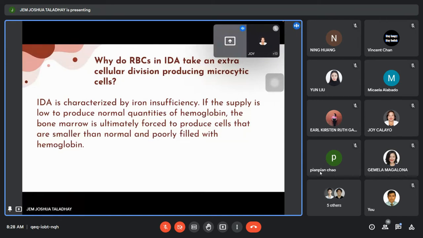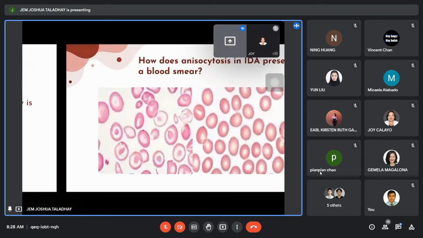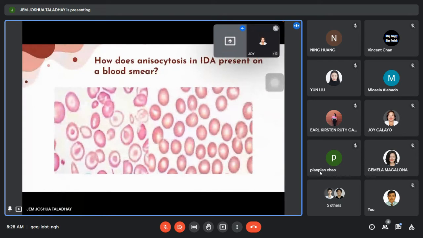This leads us to the next question: how does anisocytosis in IDA present in a blood smear? Anisocytosis is the variation of size. In iron deficiency anemia, it presents with anisocytosis, specifically microcytic anisocytosis, meaning that the RBCs are smaller than a normal